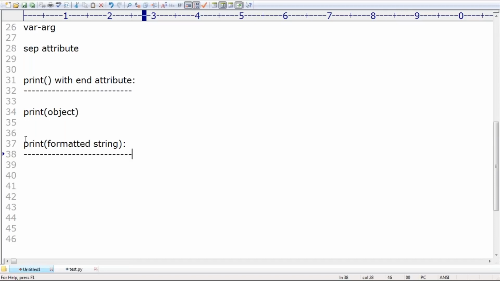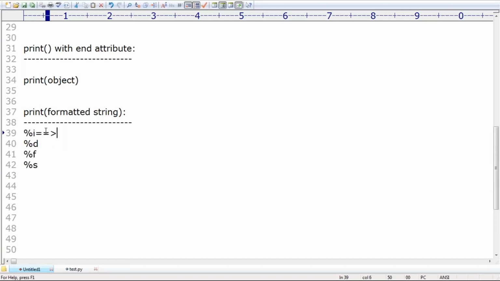Sometimes you may have heard about %i or %d or %f or %s. Somewhere you may have heard about these things. %i means int type. Remember this one, I will explain how to use it. Even %d also in Python is int type only. %f means what type? Float, the name itself indicates, right? %s means what type? str type, string type, right?